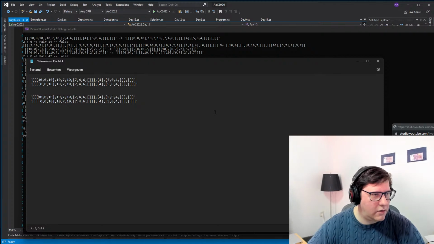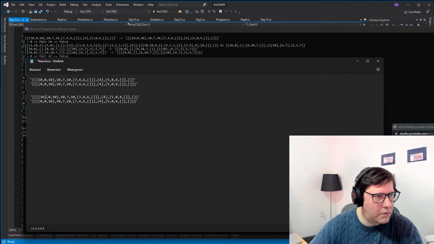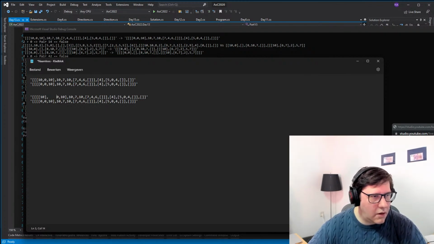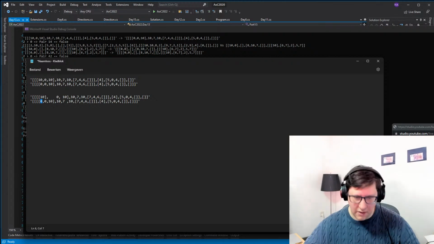So yeah, according to this, it would do this, right? Boom. Ban hammered. Okay. And then it evaluates like this. That is fine. Then it does 10 against that. And then it's like, okay, this one is shorter. But in this case, it already starts at 10 is bigger than 0, which means that